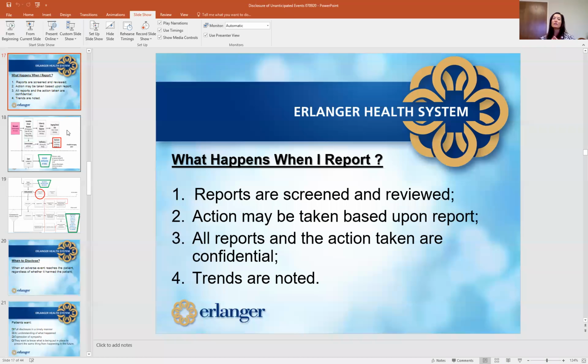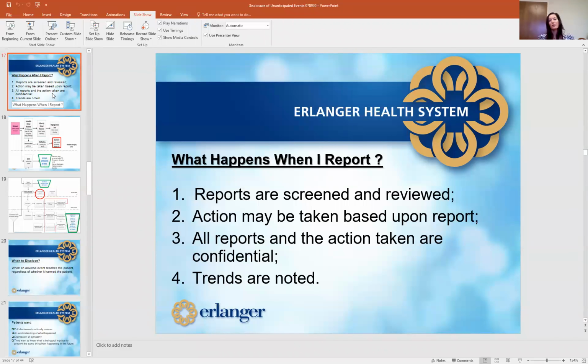So that's why I say when you do have an adverse event, please avoid emailing everyone about it. Put it into eSafe, pick up the phone, call risk management. That's where we're going to get quality improvement, and in a safe way you get quality improvement.